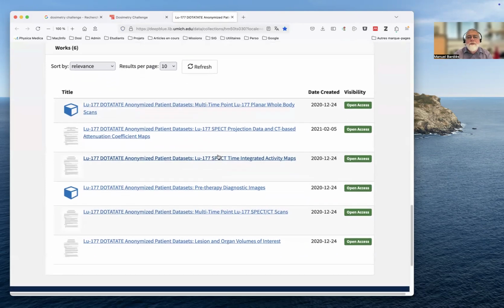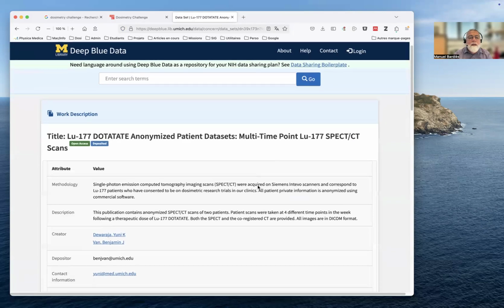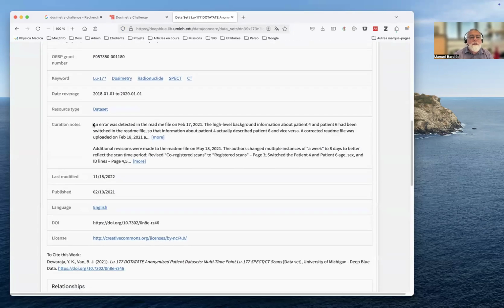You don't want the planar, you don't want the projections, you don't want the time integrated activity map, you don't want the pre-therapy, you don't want lesion and organ. What you really want is the multi-time point lutetium SPECT CT scan. So you click on the link here, and then if you go down, it lists a lot of things you have to note, including